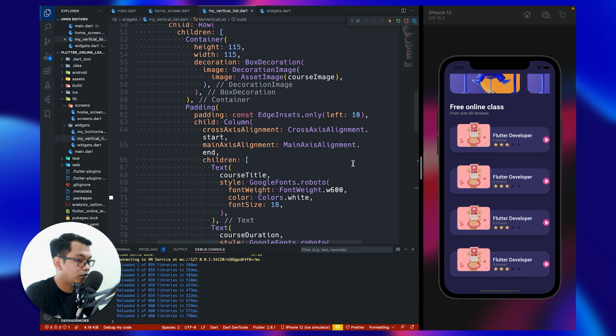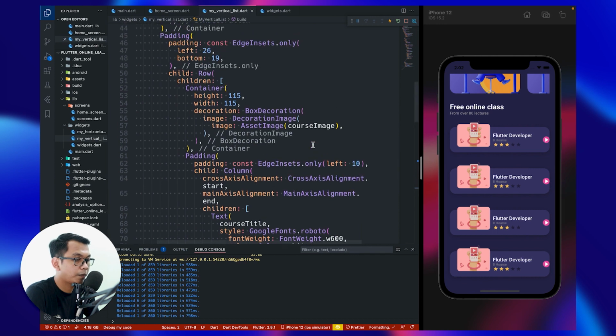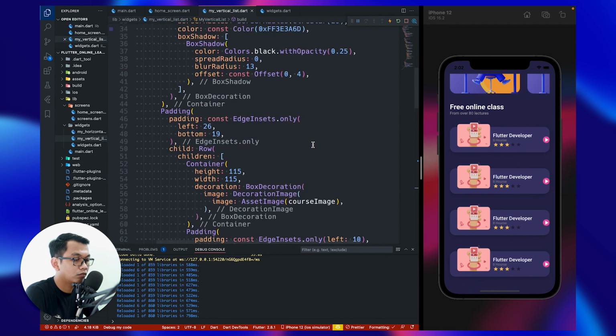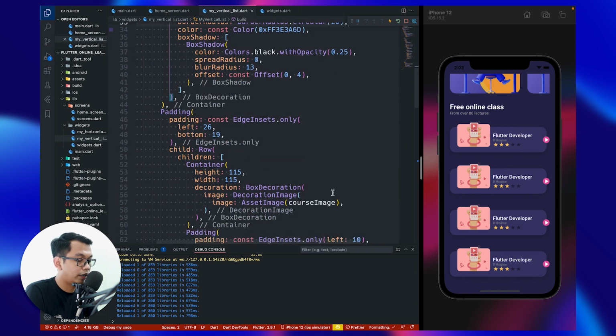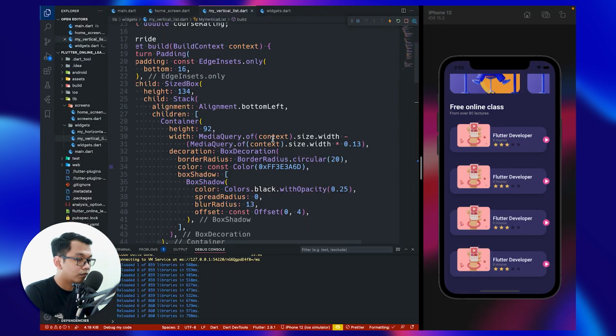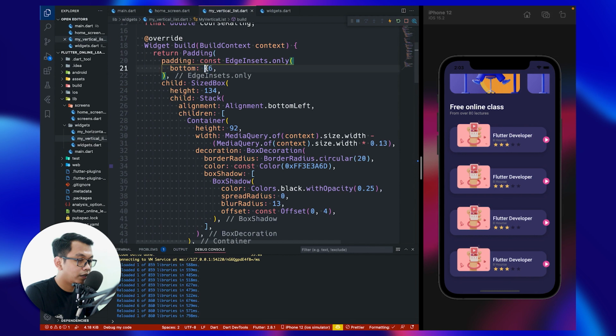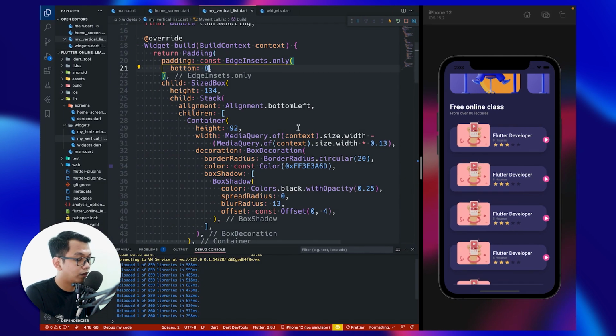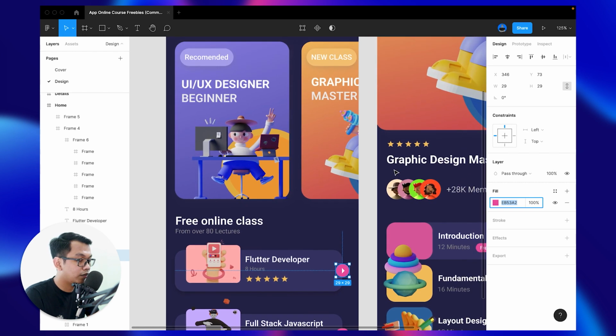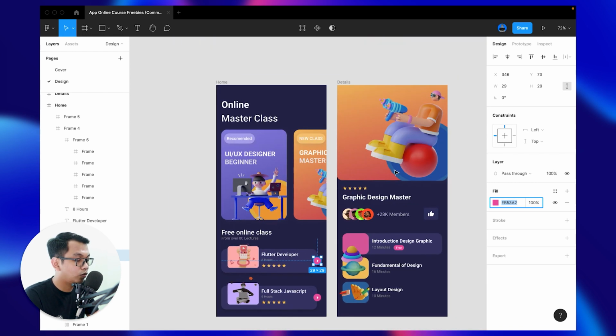I think we have missed something right here. I think right here. Okay, looks like this. It's similar, I mean. I think it's around 10 or maybe just 8. Okay. So we have finished the home screen, and the next one is